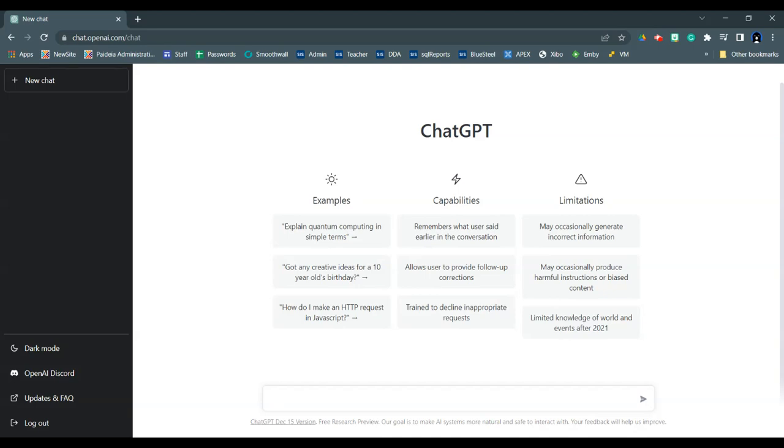So this is the screen you're going to get when you come in, and they're giving you some examples. They're telling you a little bit about what it can do, what it can't do. The big things to keep in mind here, and if you're going to talk to your students about this, it's really important. Just like we tell them about Wikipedia, because of its open nature, anybody can go on there and edit it. We can't 100% rely upon the information that we find there. Similar with ChatGPT.